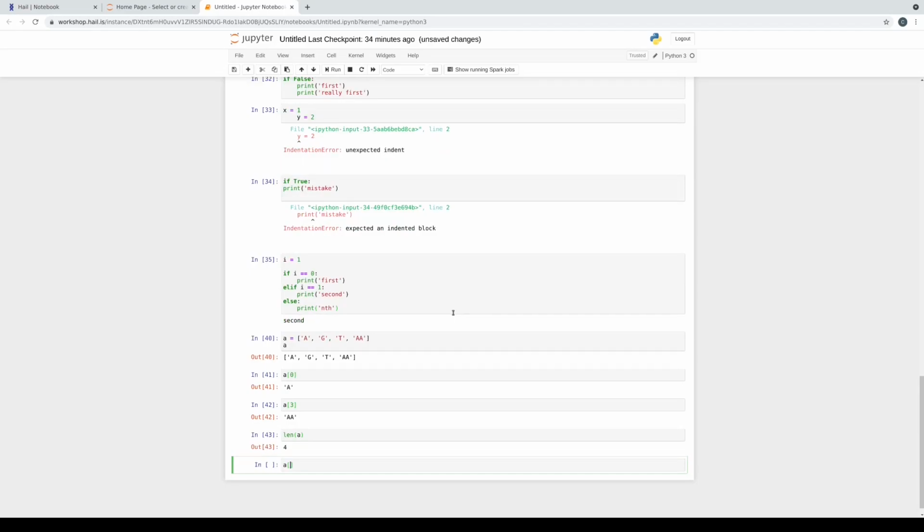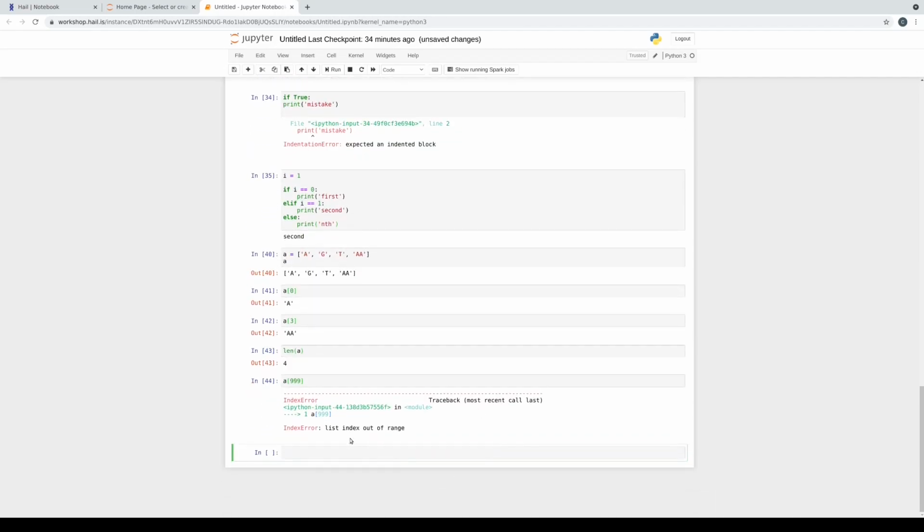And Python is a safe language, so it's going to check for errors in the program as it runs. So for example, if you try to index past the end of a list, you're going to get an exception, index error, list index out of range, and Python shows the offending line so you can go back to your code and see what happened and where it happened.